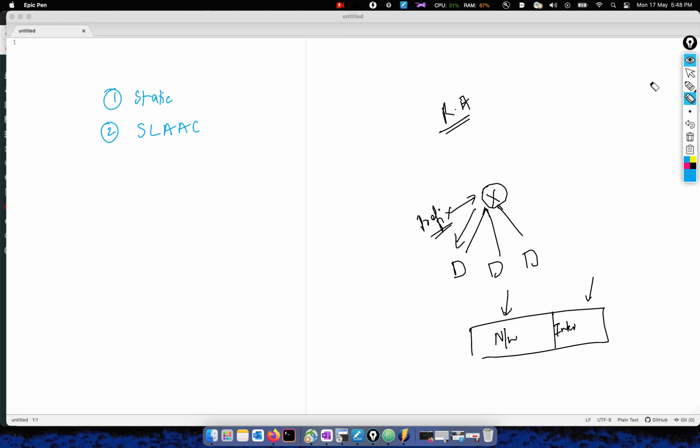The third option is what we call stateless DHCPv6. It's not normal DHCP. It's stateless DHCPv6, and this is again nothing but a combination of SLAAC,